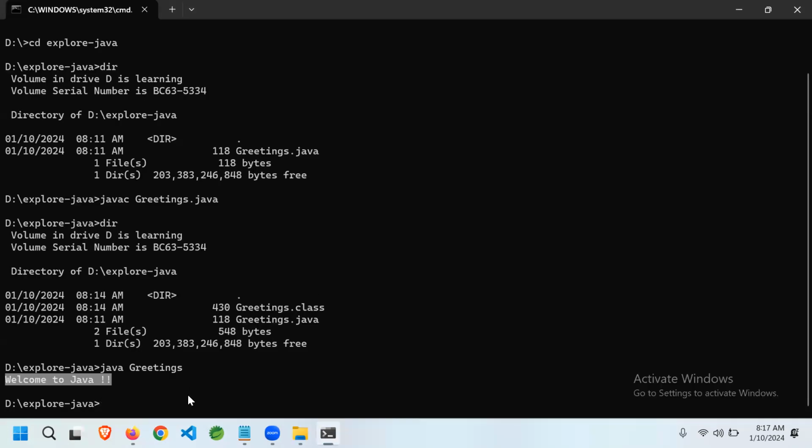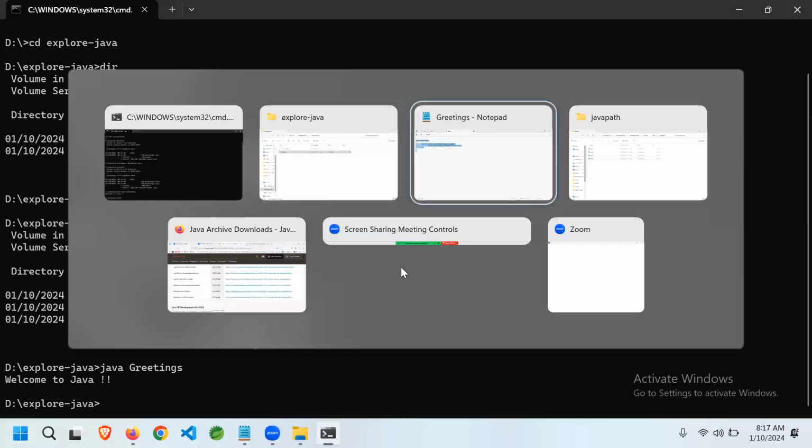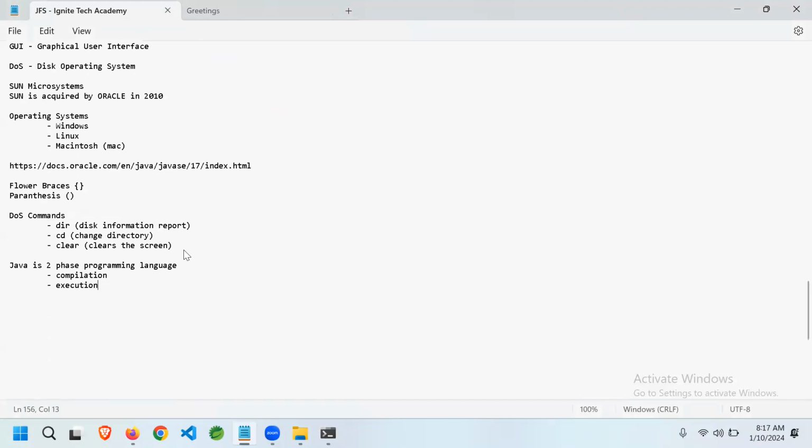Now I go to the command prompt. I have to execute that file. How do I execute? First, I have to compile. That's where, as I mentioned, it is a two-phase system. One is compilation, second one is execution. For compilation, you will use javac and the complete file name, with extension. Complete file name is nothing but with extension. What is the extension? .java. For execution, you simply give java space file name. Right? You need not give any extension because it will automatically pick up the